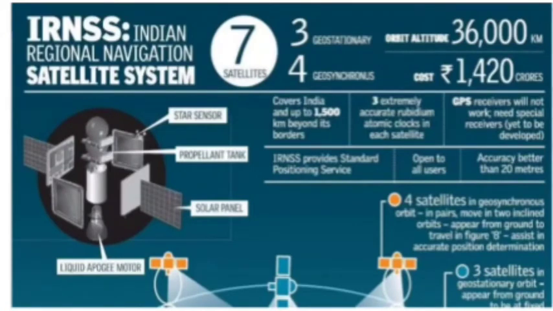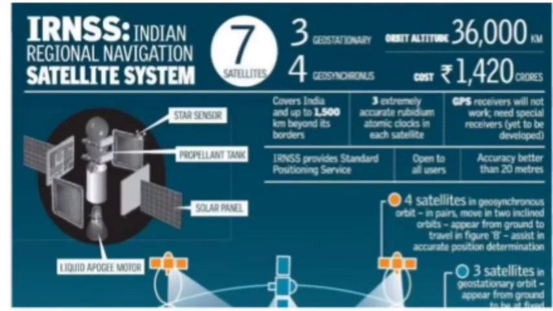The IRNSS has 7 satellites, of which 4 are already placed in orbit. The fully developed system consists of 3 satellites in geostationary orbit and 4 in geosynchronous orbit, at an altitude of 36,000 kilometers above the Earth's surface. The cost of